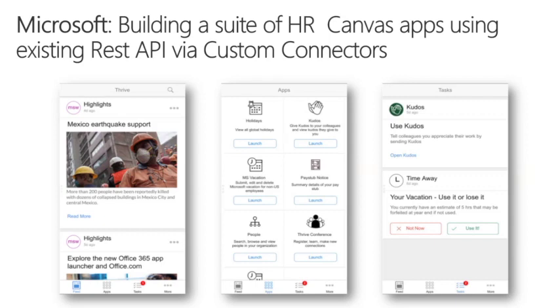So it made sense in such a case to simply expose existing endpoints via custom connectors and allow folks from the HR department, PMs, more citizen developers that understood what the experience needed to be, what the user engagement needed to be,